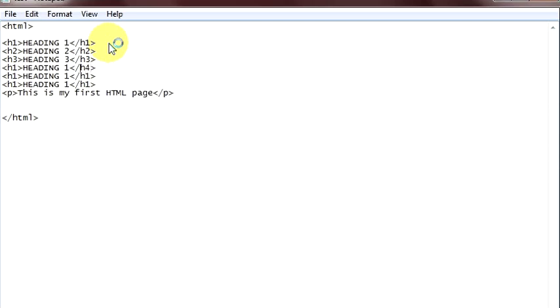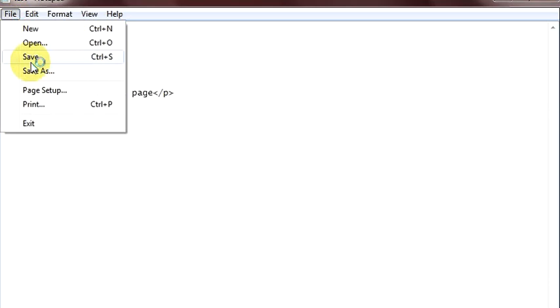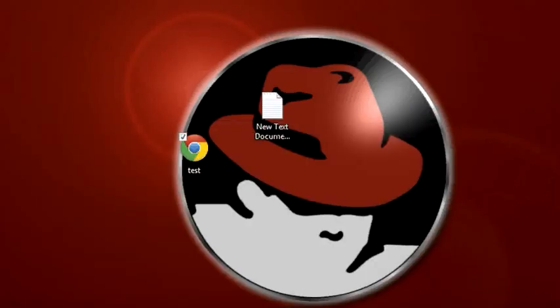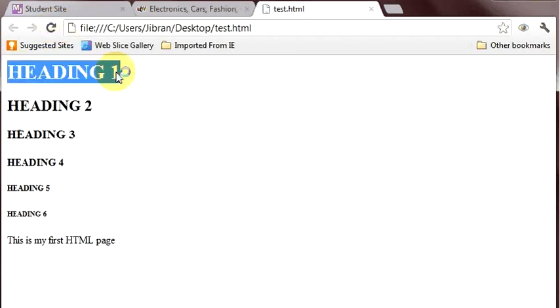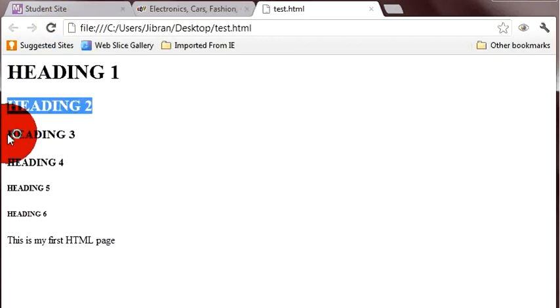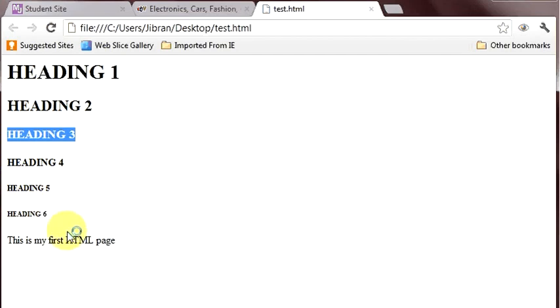This one is h4, then h5, last one h6. Again save it, minimize, go to your browser, refresh the page and see heading 1, heading 2, heading 3, heading 4, heading 5, heading 6.